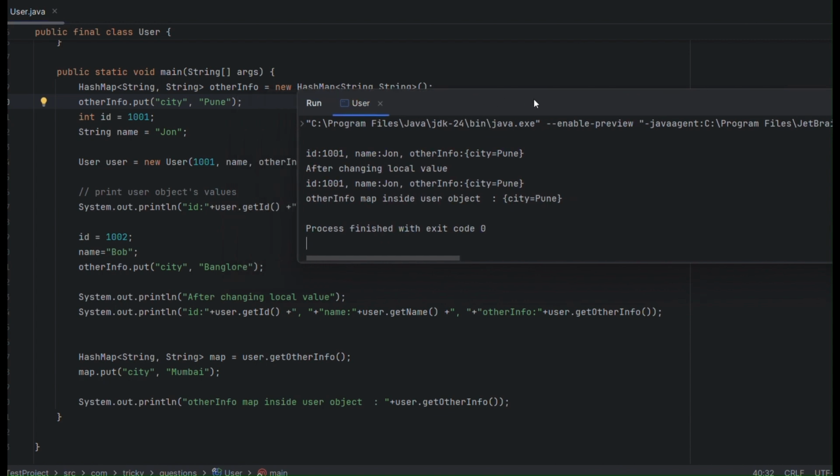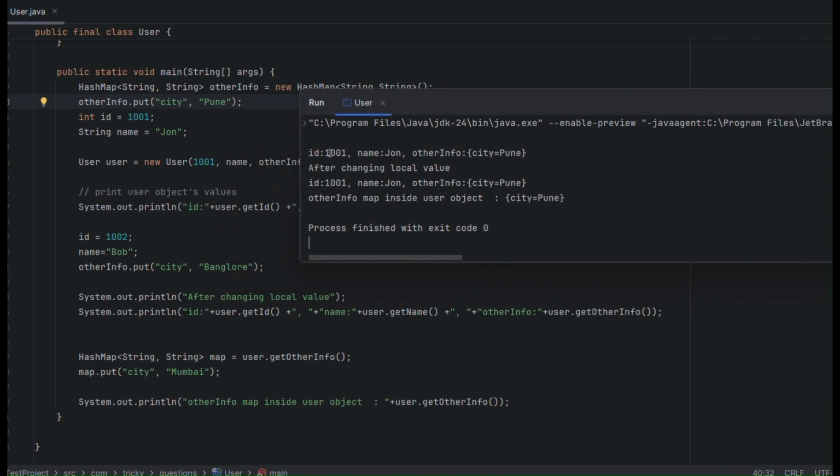So here, these are the actual values: ID is 1001, name John, and other info city Pune. After changing the local variables, it's not changing the actual object, because I'm printing this after changing the local variable. And other info I am printing here, after getting the value from the map and putting one more value in the reference.